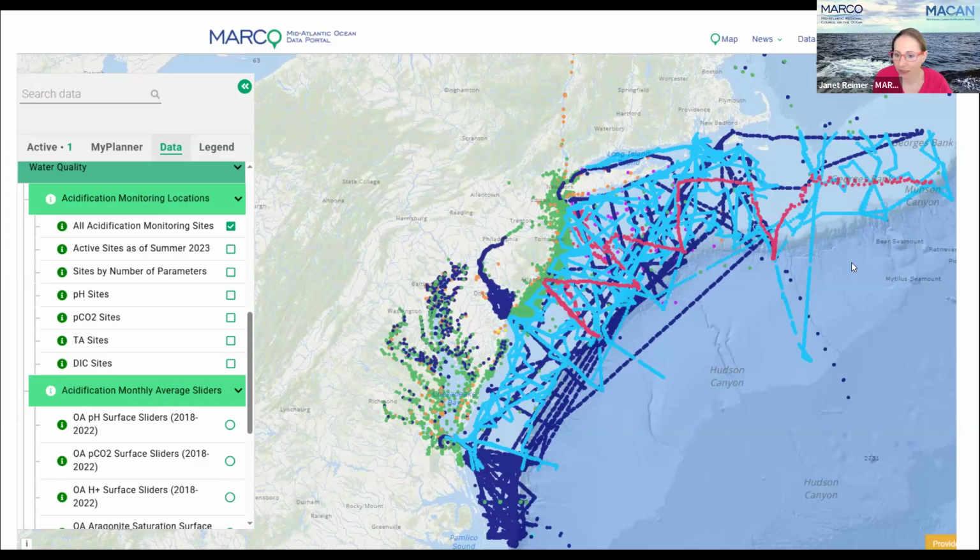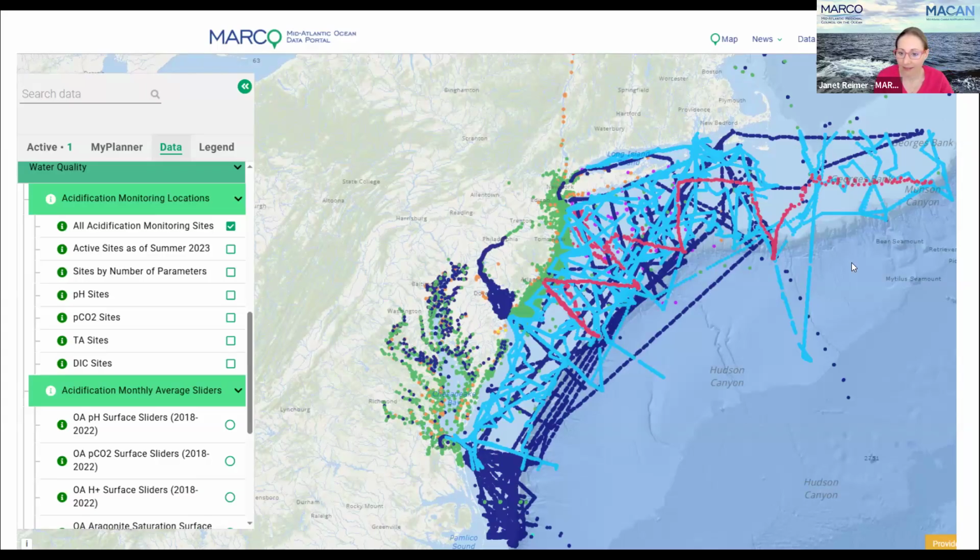And what parameters do we collect on moored buoys? It depends on the buoy, but in general, there are carbon dioxide detection sensors that we can use. There are different pH sensors that we can use. I know that there's been some beta testing of alkalinity sensors, but those have not come to this country yet, and I haven't seen any of the peer-reviewed literature yet, so I'm pretty sure they're still in development.